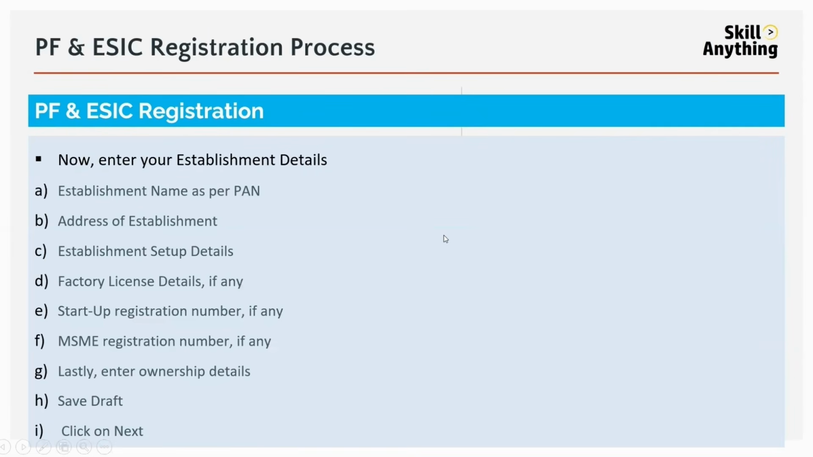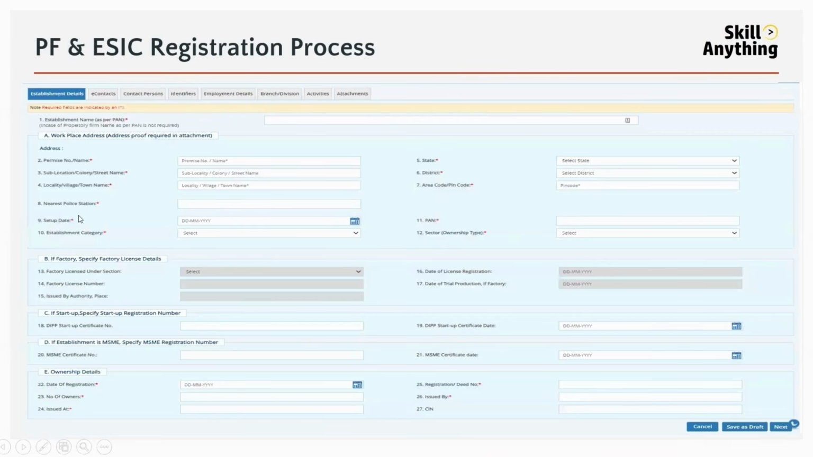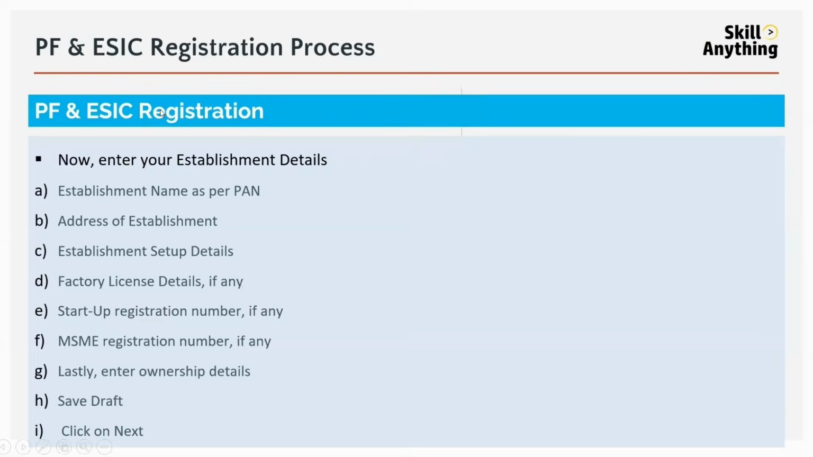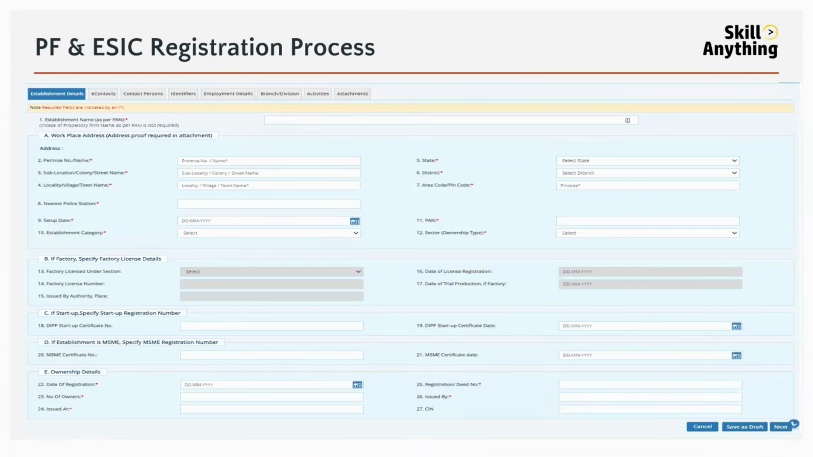After submit, you will get this interface. This is the establishment detail. You have to enter your establishment details. So let's see what details you have to enter. You have to enter your premises number, meaning address, and establishment name as per PAN card. Already I have shown you the document video, what documents we need to register in PF and ESI. In that there is a PAN card also, the establishment copy of PAN card. So you have to enter the establishment name as per PAN card, address,